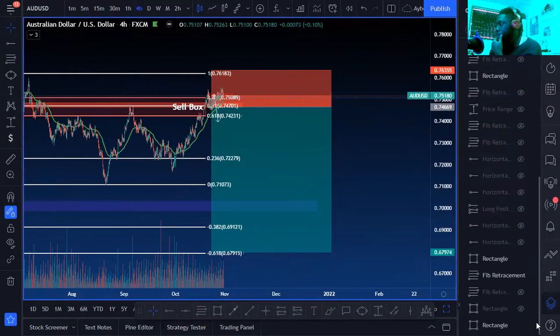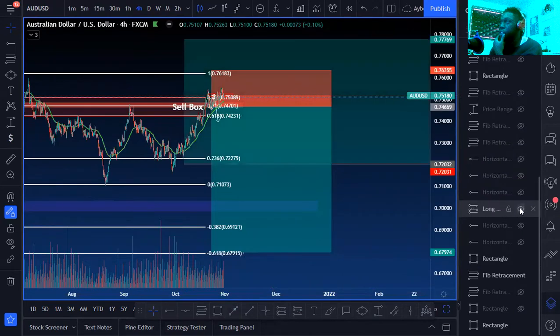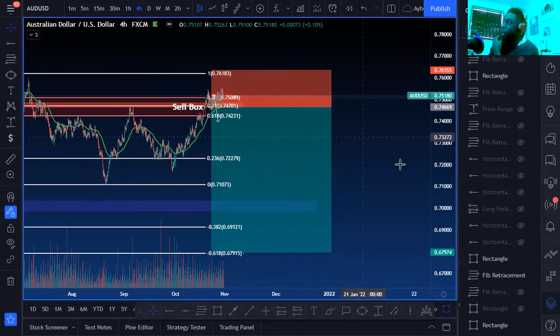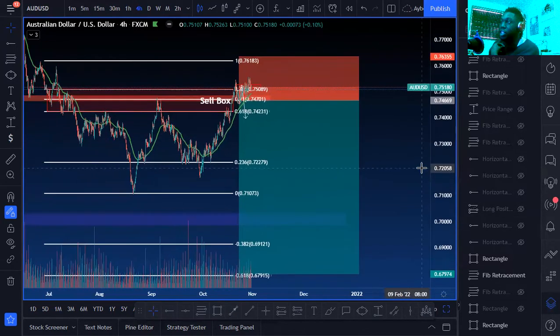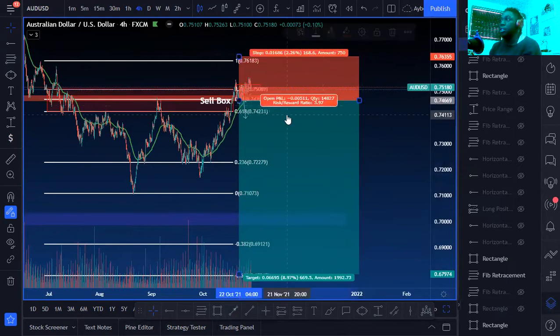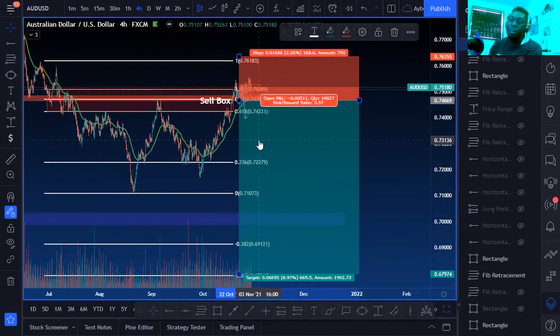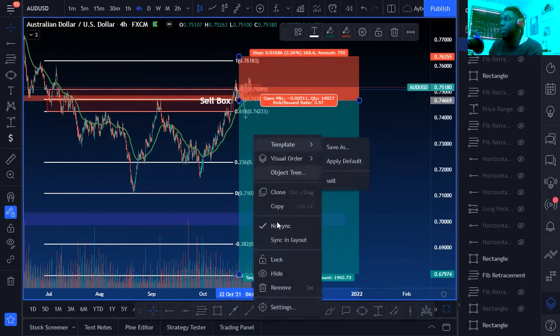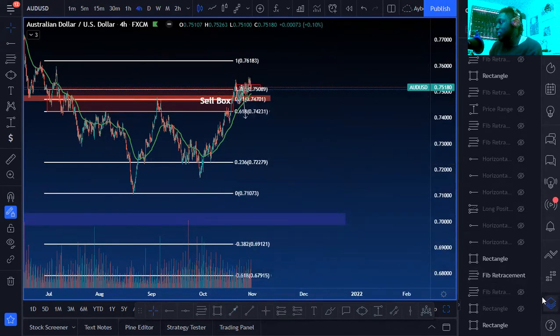There's also this big, where is it at? This buy that I'm in. The stop loss, my entry is at 0.72032. I'm just hedging this. I'm still hedging this, and I'm still gonna look for AUD USD to push to the downside a little bit before potentially it keeps going up. But I'm not against the sells. So